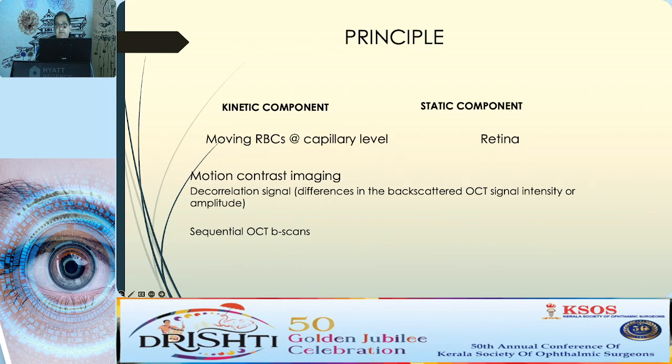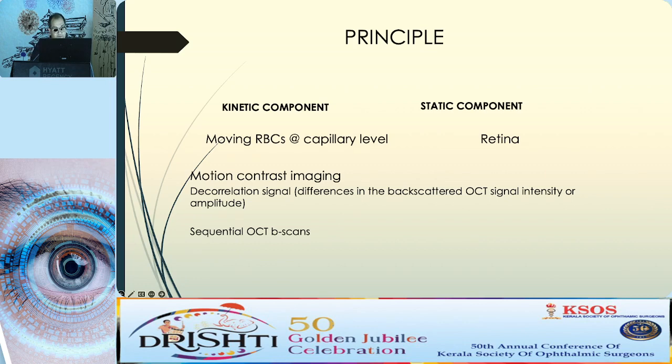Usually, the basic principle is similar to what we see in an ultrasonography. Ultrasonography uses sound, whereas OCTA uses near infrared light, and it has two components: a kinetic component and a static component. So the moving RBCs and sequential photographs of that particular area against the normal non-moving surrounding structures like the retina, choroid, and the other vascular structures is seen, and then the machine interprets this image, and then it creates something like